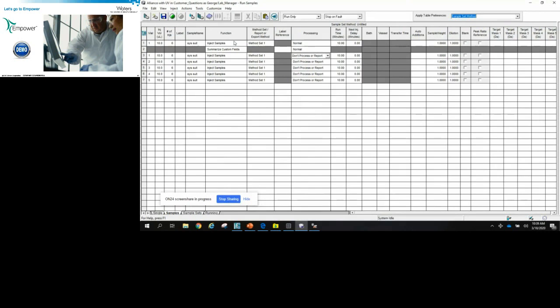So these are the possibilities that you have if you're on older versions of Empower. In other words, before Feature Release 2, you would do the run and process. If you're on Feature Release 2 or newer, you could take advantage of the run-only mode, but you would have to enable that system policy.